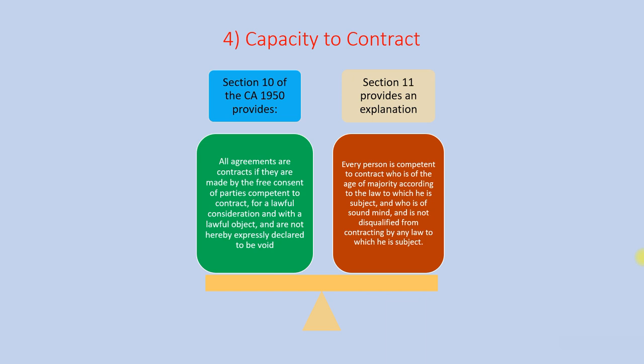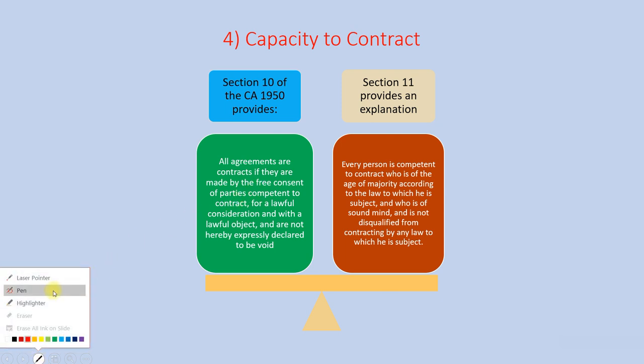Okay, so we start with the capacity to contract. When talking about capacity to contract, there are several provisions in the Contract Act. I put this Contract Act, CA, as the Contract Act 1950. According to Section 10 of the Contract Act, it states that all agreements are contracts if they are made by the free consent of parties competent to contract,